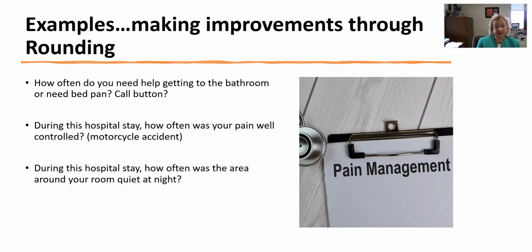During this hospital stay, how often was your pain well controlled? Here's an example. A young man was in a motorcycle accident and just kept saying, no, I don't have any pain, but yet was wincing, and you knew he had broken bones. The mom comes in, and sometimes talking with the mom, you can find out more about the patient, and there are different ways of asking the question, and saying,